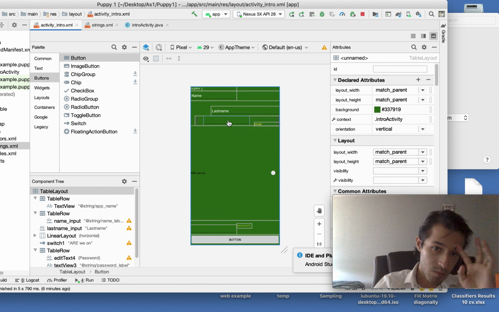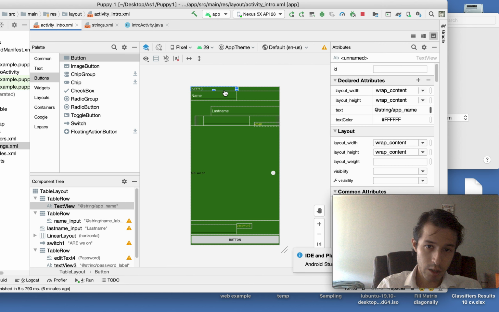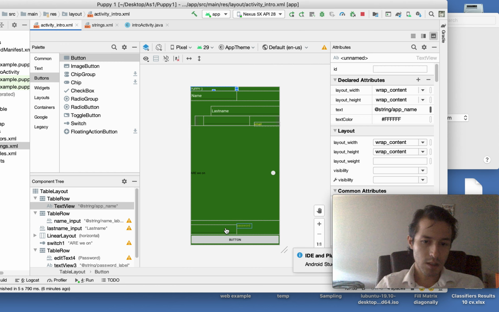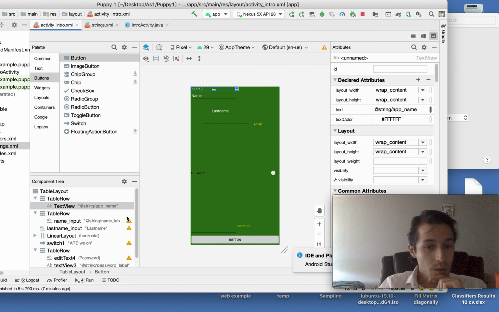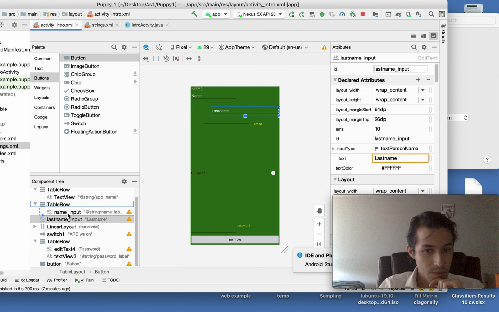Okay, so let's see, we have the last name, and then we have something else here, right? So this basically is saying this table has two columns, and right now name and puppy are on column 0. So it's column 0, 1, 2. Why do we have just two columns? Well, because this table row has two elements, and that basically means that you're going to have at least two columns, otherwise you cannot show the thing. So if we do one thing here and we move last name inside this one,